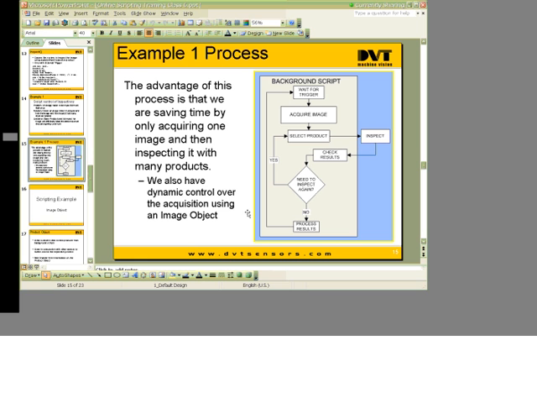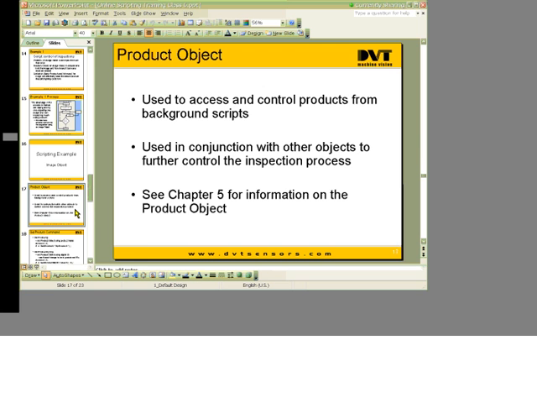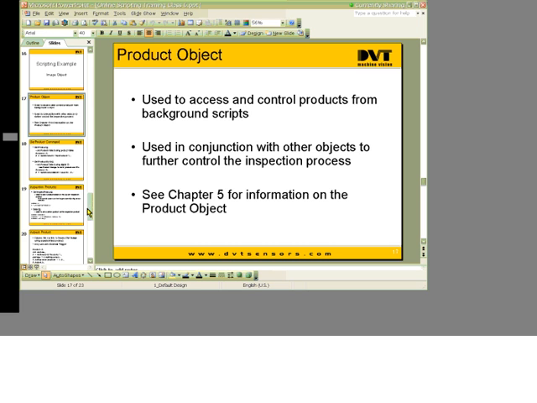Okay, so here we have dynamic control over the acquisition by using the image object. I'm going to go ahead and talk about the product object. This is very similar, and then I'll show you some examples. So for the product object,